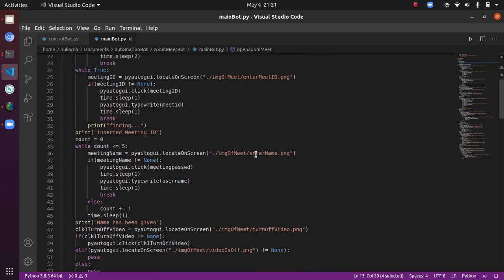And if it requires a name, like in my case Sukarna Jana was already written in that meeting, but sometimes if you are new, then it doesn't come. So for that it will check whether the name entry option is there or not. If it is not there, it will just leave. If it is there, it will click on that and write the username. Okay, after writing that username,